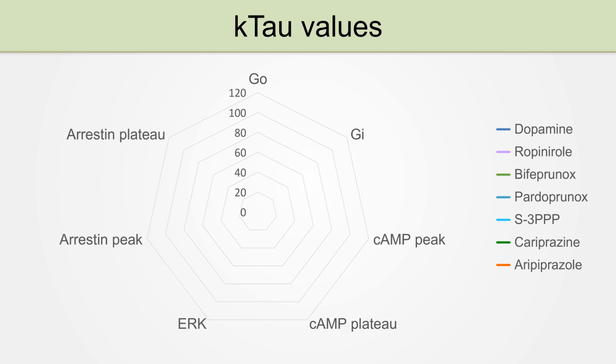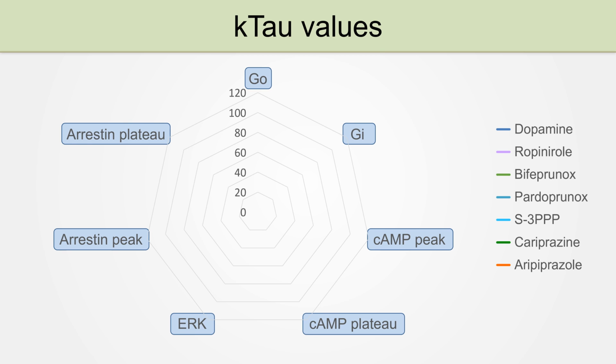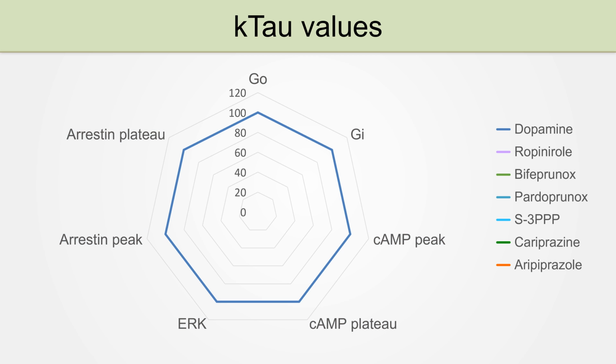Now let's go through the k-tau kinetic efficacy values. This is a radar plot where the corners are the different signaling pathways. Here are the data for dopamine. The k-tau values are all normalized to those of dopamine, so these values are all 100%. Here is ropinirole. The compound is similar to dopamine, except for the arrestin plateau, where the kinetic efficacy is reduced